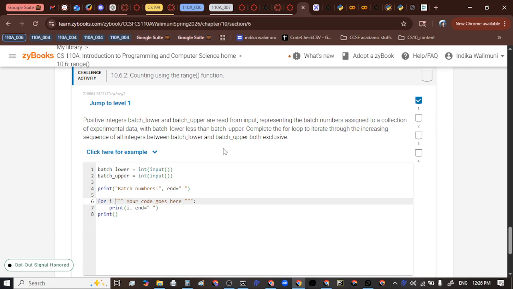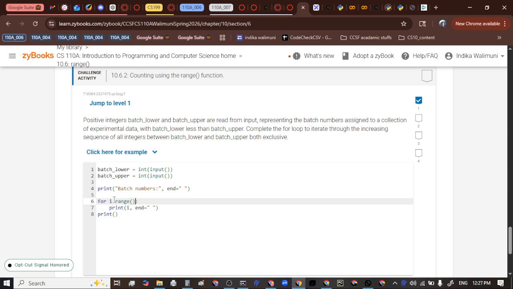With batch lower less than batch upper, complete the for loop to iterate through the increasing sequence of all integers between batch lower and batch upper, both exclusive. So we need to actually create the range over here. Both exclusive, so range,